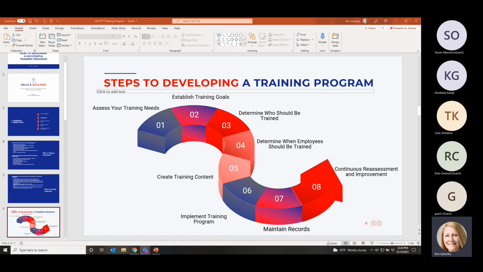Obviously you need somebody to be in charge of saying, okay, we're going to have Tyler, Kimberly, and Rob on our training team. Rob, you're going to worry about the warehouse workers. Kimberly, you're going to worry about the people working on the manufacturing line. Tyler, you're going to worry about admin, or any truck drivers that you've got out driving around. So, get a group involved. Not everybody knows everything. 3 heads are better than one. And the group effort to make sure everybody gets trained is a great way to prove that you've got a strong food safety culture.